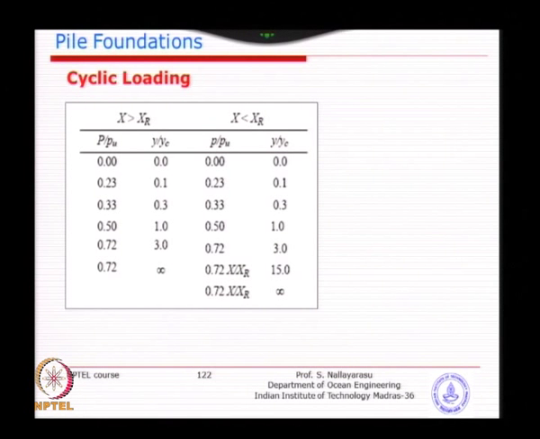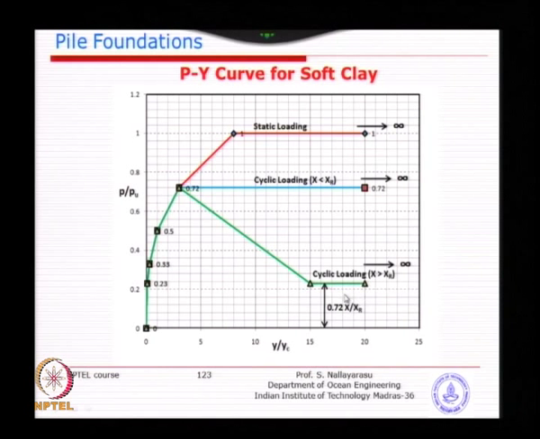So, that is the difference, and the difference between x greater than xr and x less than xr, you can also see that it goes down. For example, if you keep moving the pile, the soil near the surface gets loosened very much, and when the displacement becomes larger, it even loses strength below the maximum value, which was 72% of the Pu, and goes down to almost half of it or even less than that, 23%.